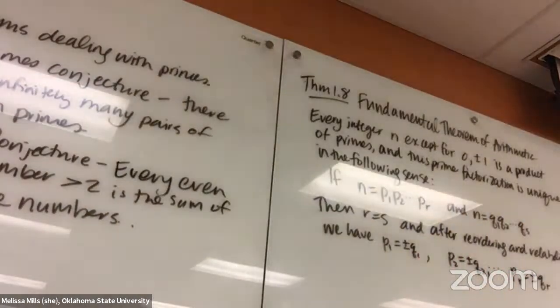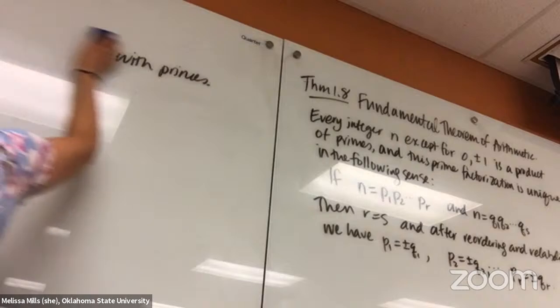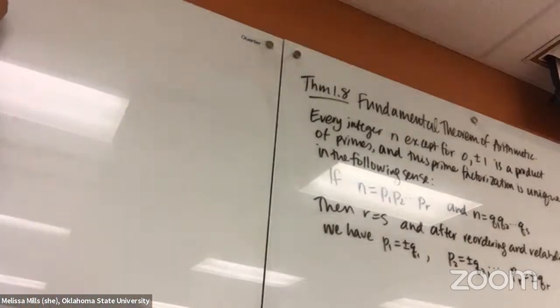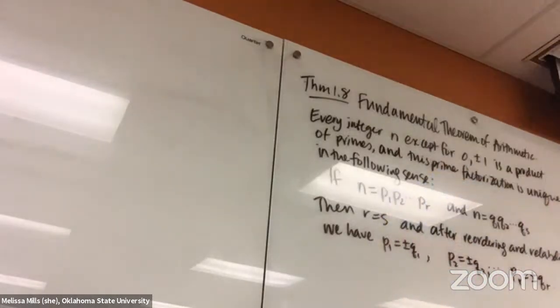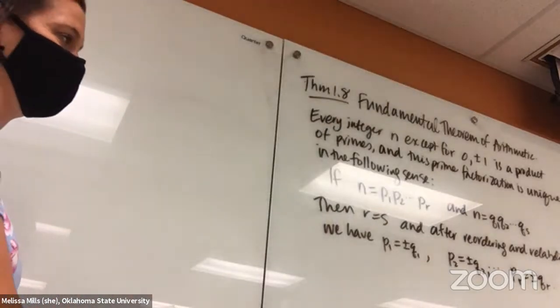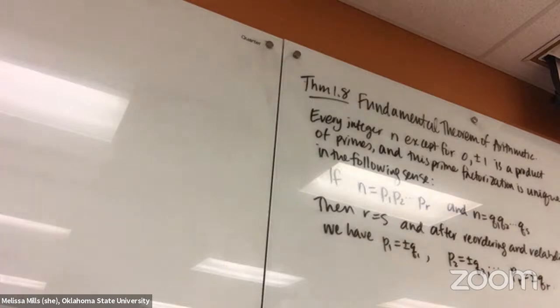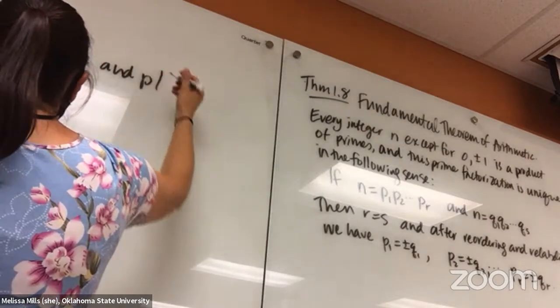I wanted to write down, we're going to refer to theorem 1.7 and corollary 1.6. So let me write the statements of those two down. Corollary 1.6 says, this is the one with the proof that we didn't like because it had the continue in this manner kind of thing. And this proof is going to be that way too, because we haven't done induction yet, but we'll start induction on Wednesday. That will allow us to nail things down a little better than continuing in the following manner. So this says if P is a prime and P divides